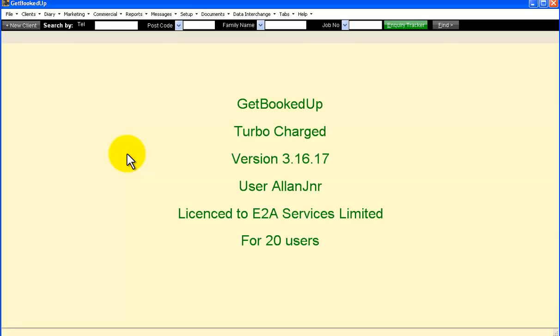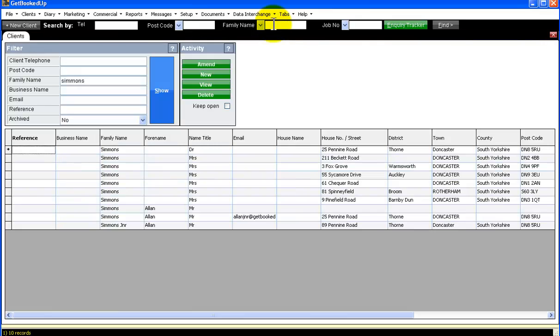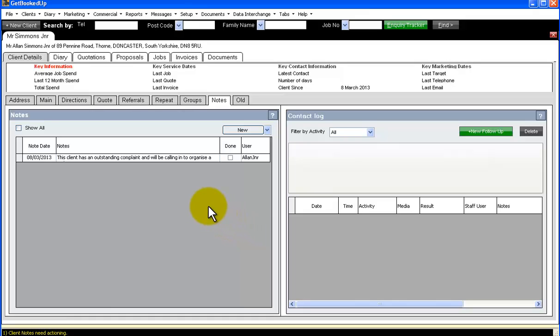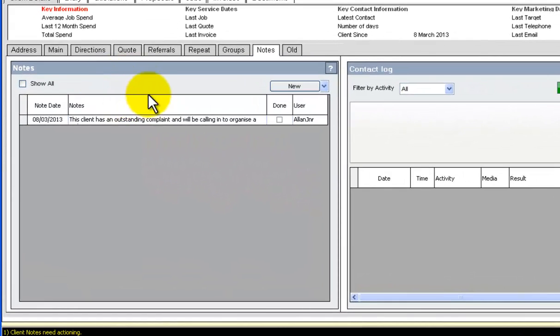Pop-up notes are available in the Business Builder and the Turbocharged edition. The way they work is, if you search for a client's record, so let's search for a Mr. Simmons record, and double click to go into the client's record, the way the pop-up notes work is if there's an outstanding issue on the client's record, you can put a note on there and you'll see it's opened at the client's record with the notes displaying automatically,